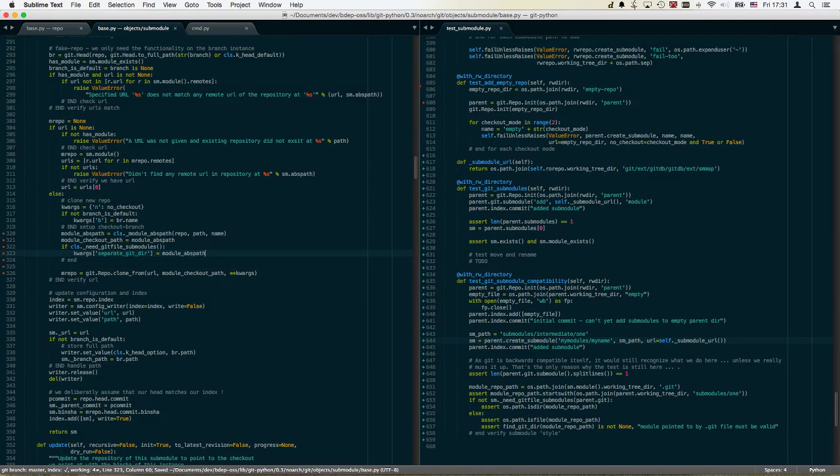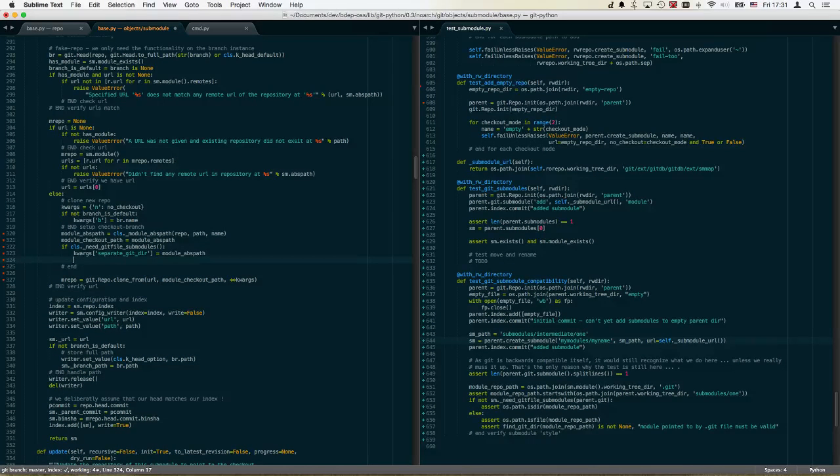But if we are in the new kind of mode, then this module apps path will point to something else. We have to see how often we really need this. I don't know if update really needs this. That's a bit unclear, because this module apps path is the separate git dir that we really want. Whereas now the checkout path has to be the repo working tree dir